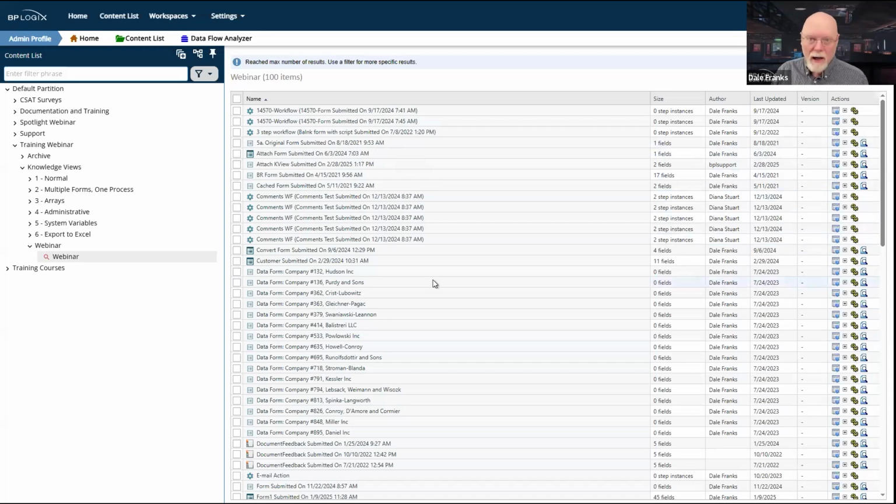I've explained this many times. I'll do it one more time since this is specifically where that explanation would go. Knowledge views are complex because a knowledge view can return anything from anywhere in Process Director, which means we don't know what you're going to ask for. So we have to create this extraordinarily complicated SQL statement on the fly, just slotting in variables based on what it is that you select in the configuration.